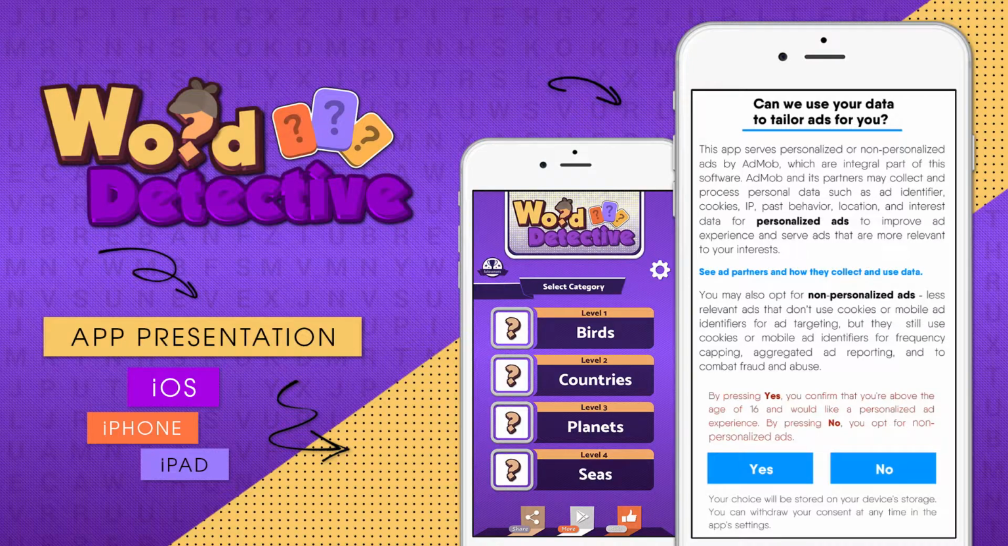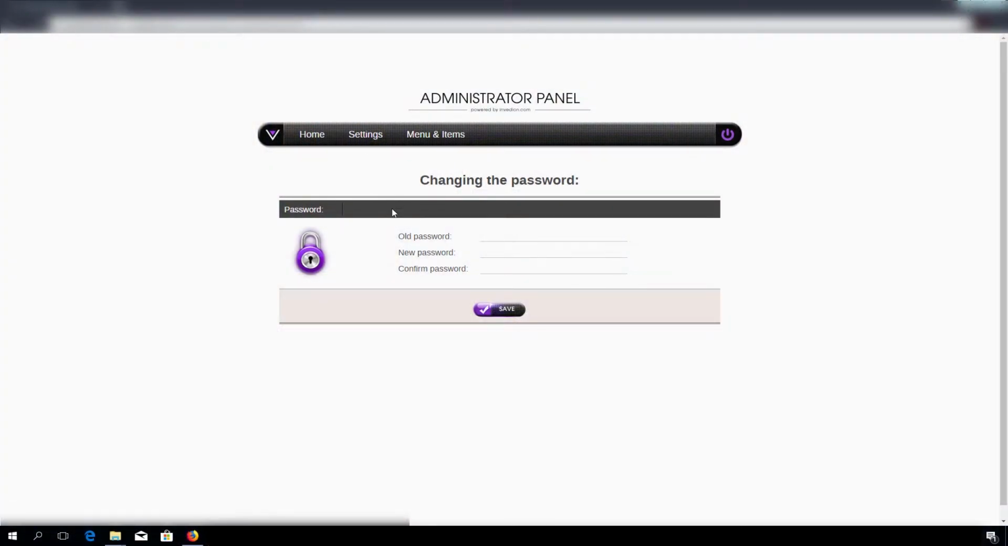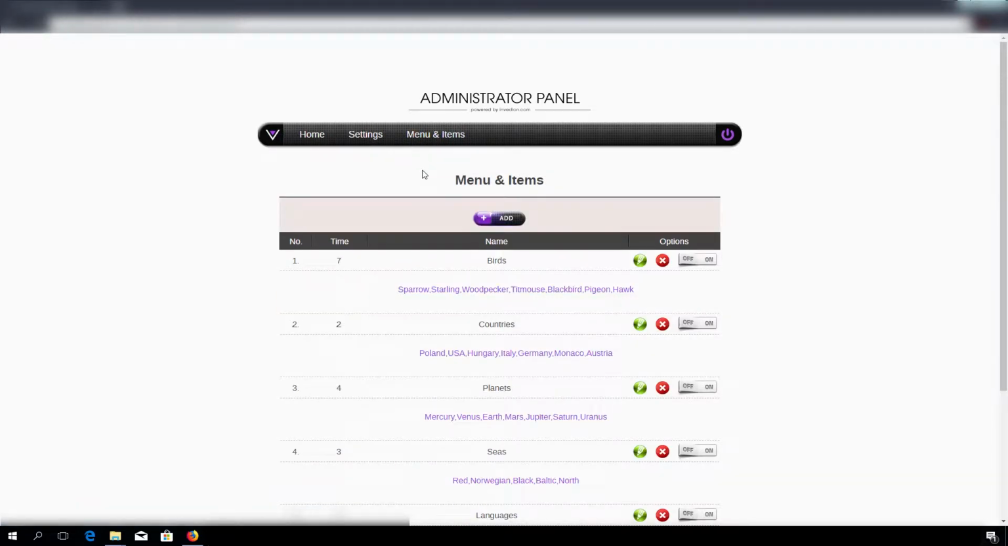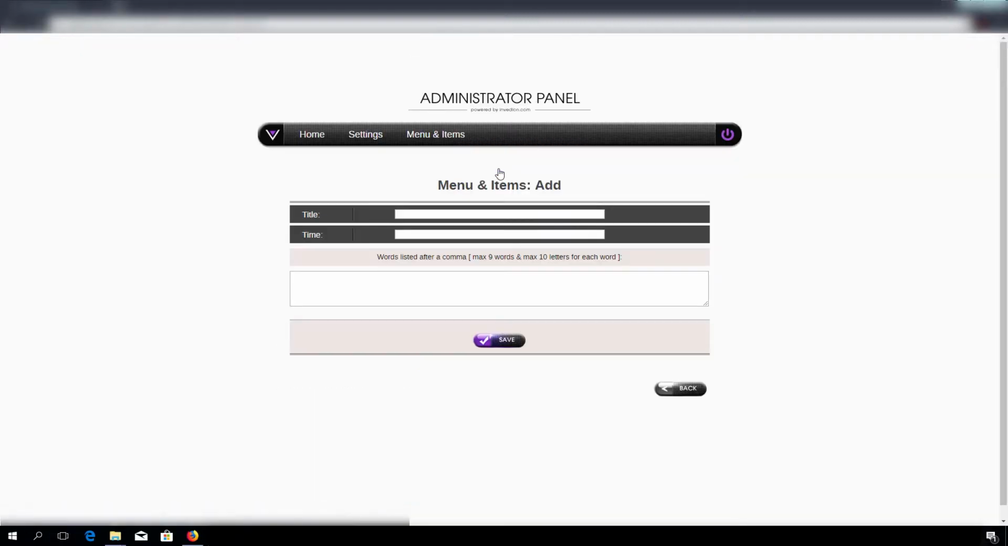Now I'll show you what the CMS looks like. Under settings, we can change our password. Under the menu and items tab, we can create new categories and add words to it. So let's press the add button,